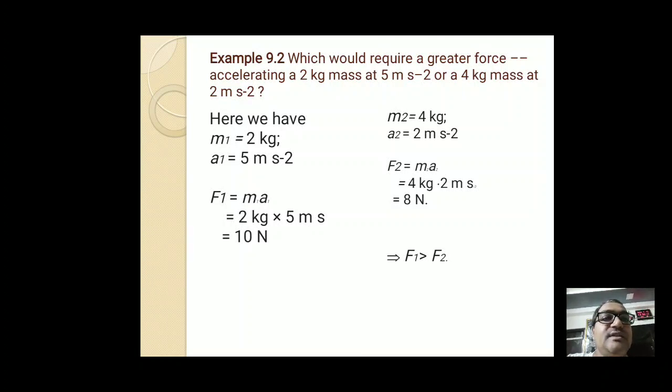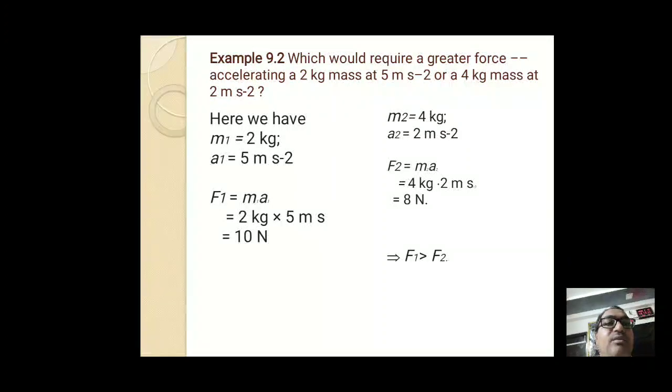So students, in the first case, you can see it on the left side. Here we have mass m1. For the first case it is denoted with 1, and for the second case it is denoted with 2. But we have to apply the same formula, F is equal to ma. For the first case we write force 1, mass 1, acceleration 1. For the second case we write force 2, mass 2 and acceleration 2. So let's understand the answer of this question.